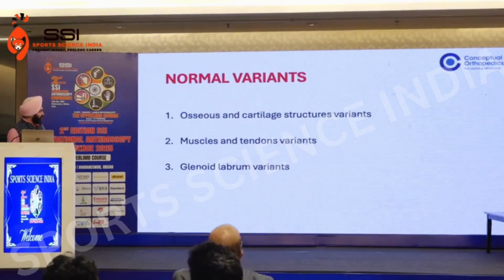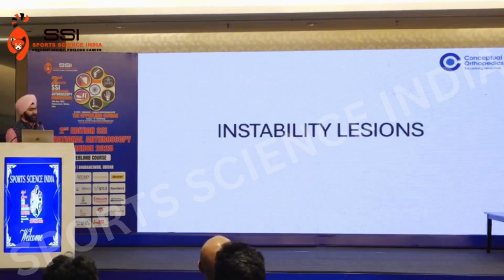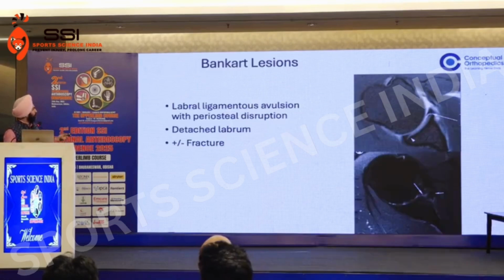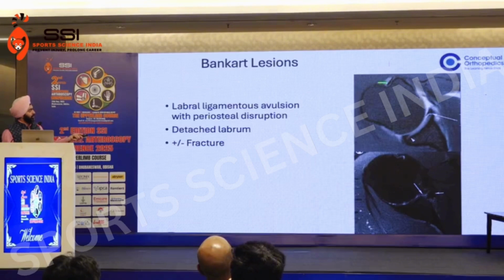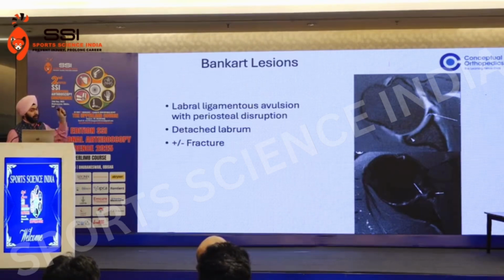There are some normal variants. We will not talk about this. Let's talk about how the lesions look. So, Bankart's lesion. Your anterior labrum, how do I say anterior? Because the biceps and the subscapularis are going there. The labrum is detached from the glenoid. That is your Bankart's lesion. It would be seen in the inferior sections, not at the level of the coracoid, but below the level of the coracoid.